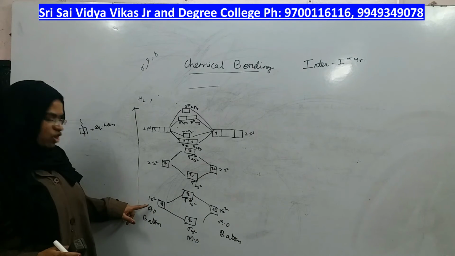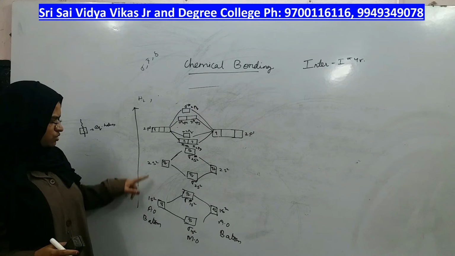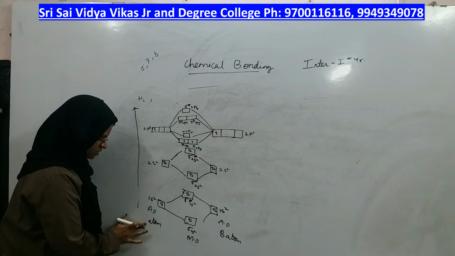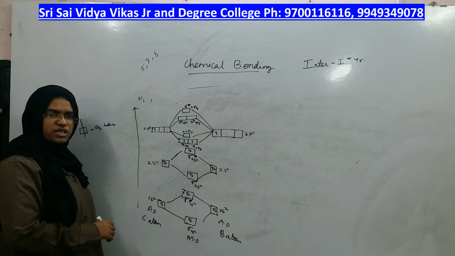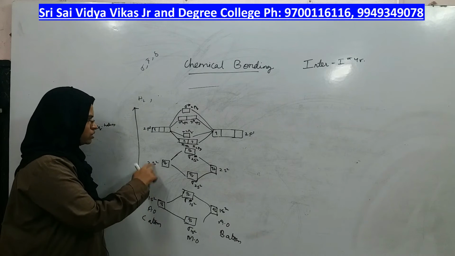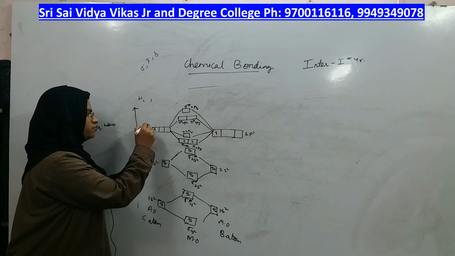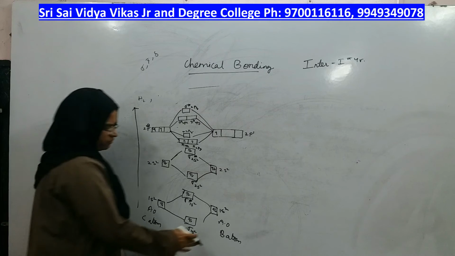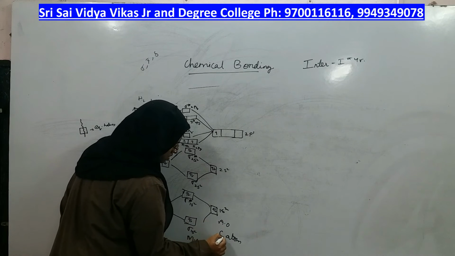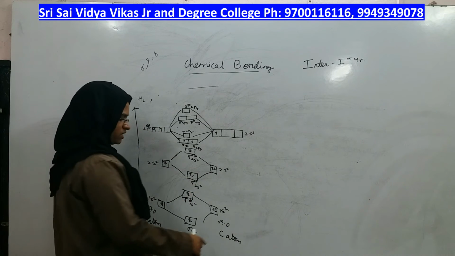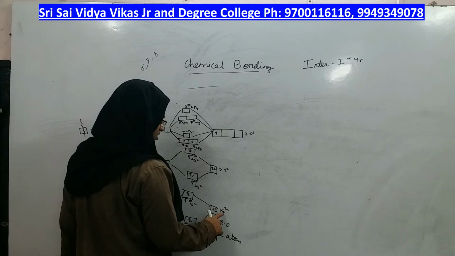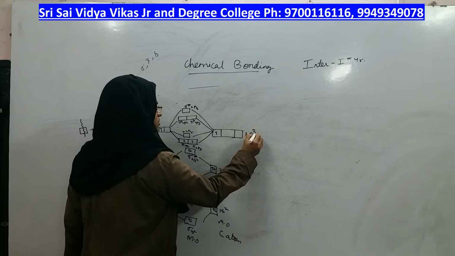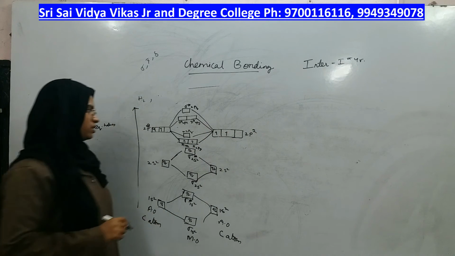Okay, this was the boron atom. Its configuration is 1s2, 2s2, 2p1. Now I will convert this atom into a carbon atom. What is the configuration of carbon? 1s2, 2s2, 2p2. So 1 electron and 2 electron. Same way this one also. This was the boron atom. Now I will convert that into a carbon atom. What is the configuration of carbon? 1s2, 2s2, 2p2. So I will add 1 electron, right?